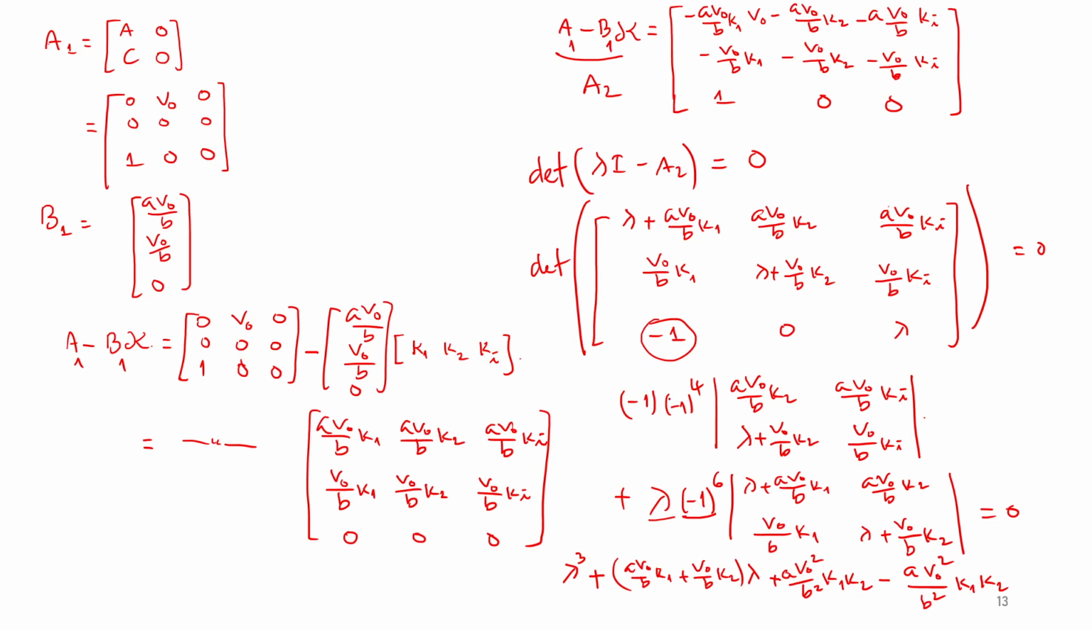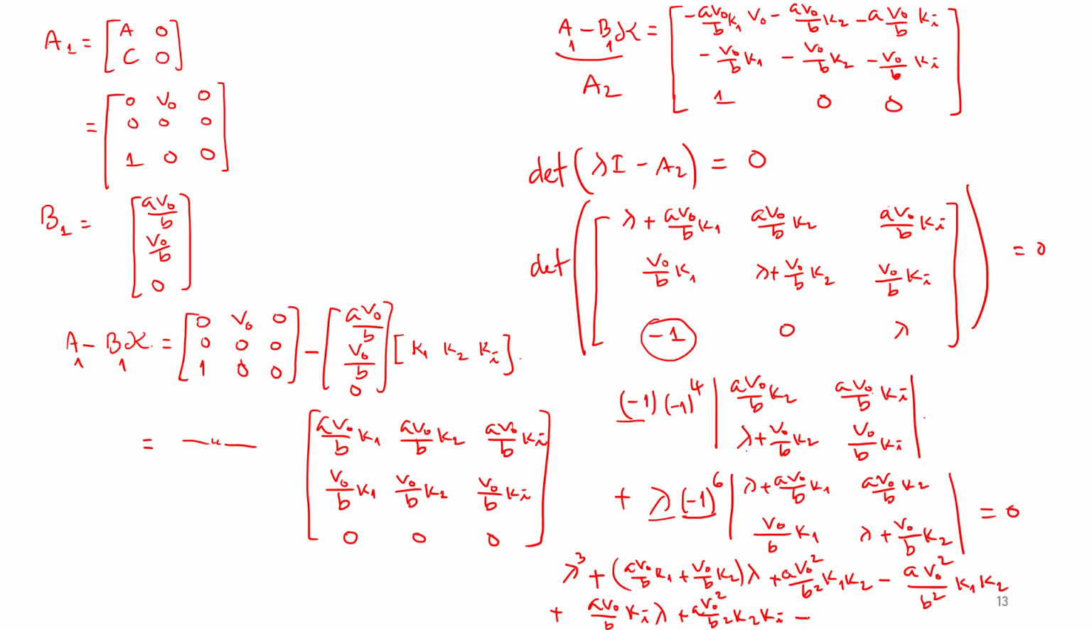How can we get this term? This one is just minus. How do you get lambda? This lambda times this lambda. So this is minus, and this also minus. You have plus. So I have plus AV0 over B Ki lambda, and then plus this times this, V0 over B, AV0 square over B square, K2 Ki, right? K2 Ki,